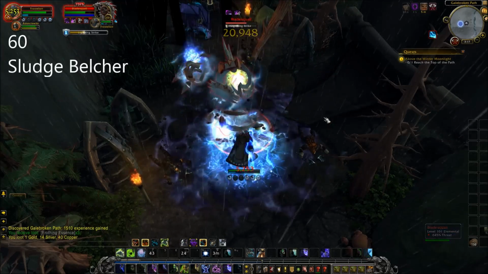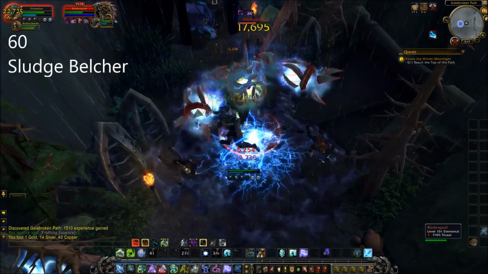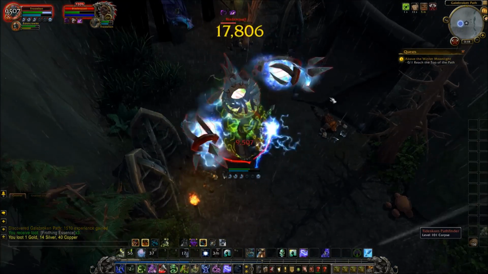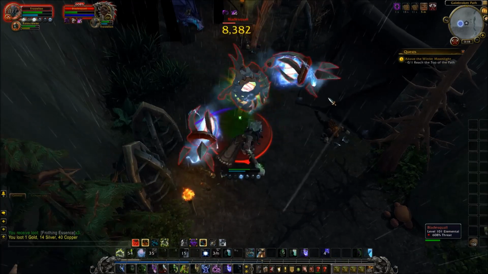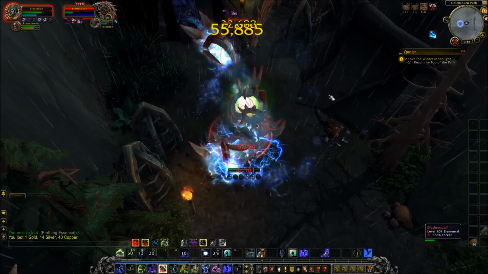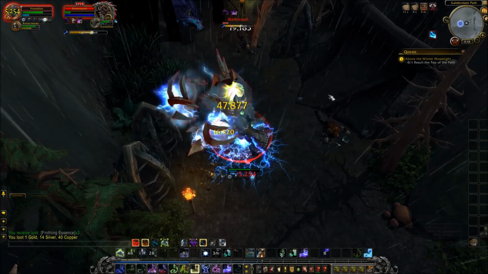Sludge Belcher. Raise Dead now summons an abomination instead of a ghoul, with improved innate abilities. Whilst we have no information about this yet, as it's not yet implemented, I would expect that it will inherently do more DPS than the standard pet,